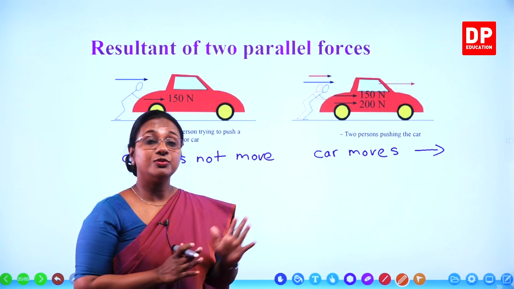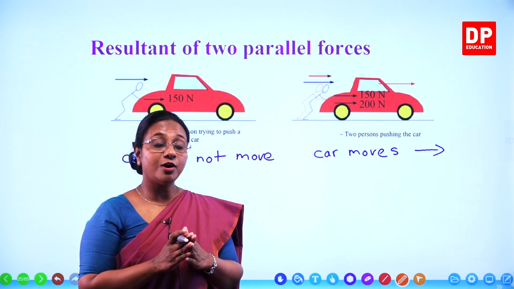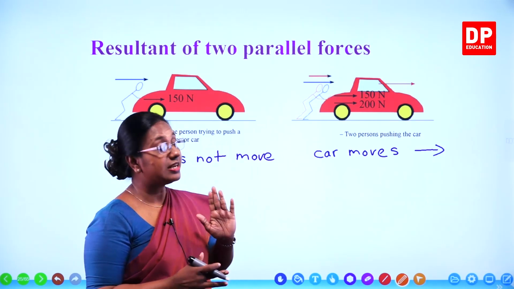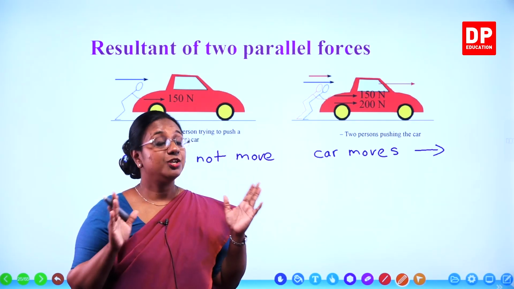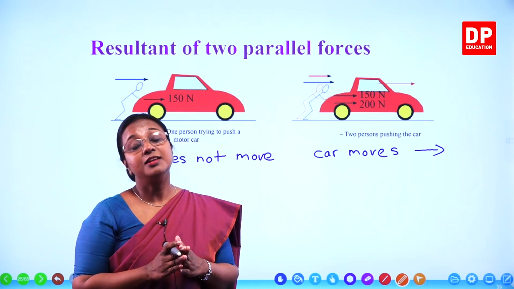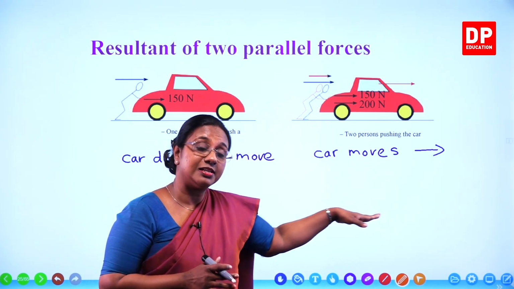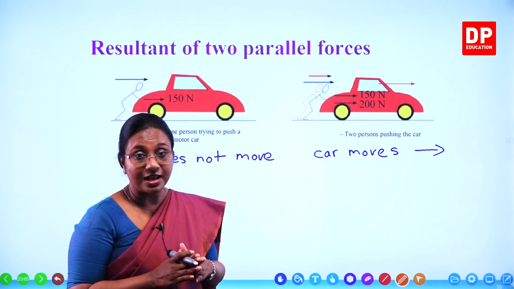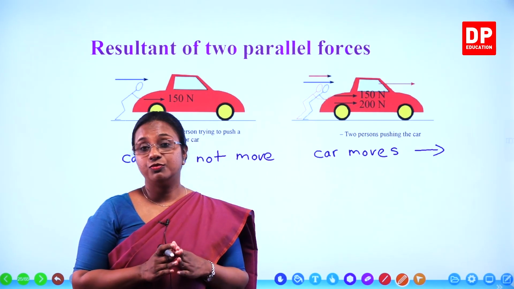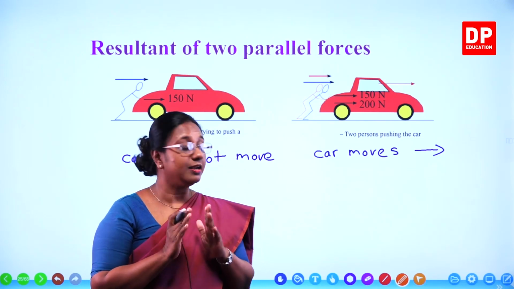So from this also, you can understand when there is more than one force acting on an object, there is a resultant force. So here, since you can see they are in the same direction, you can understand the individual forces add up to give the resultant force. And they are acting in the same direction. So the resultant is also going to be in the same direction. But the only thing is, here the line of action of the two forces are different. They are parallel. That's the only difference.